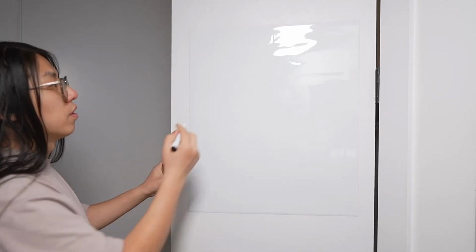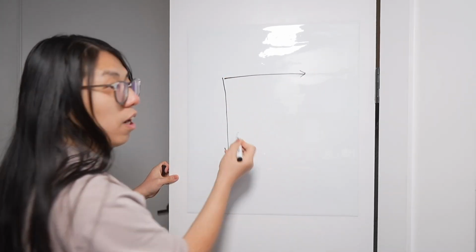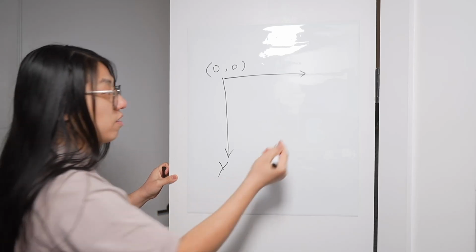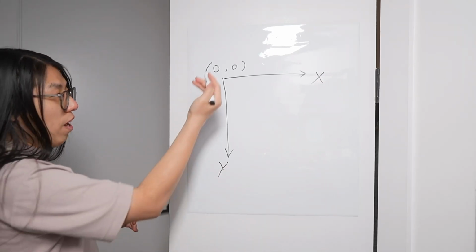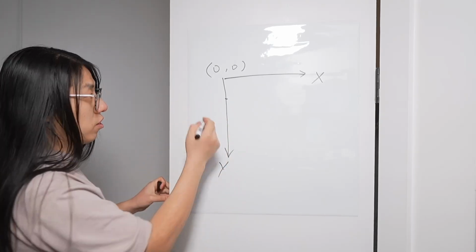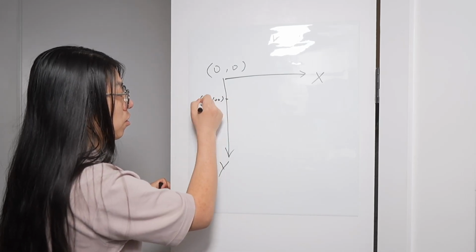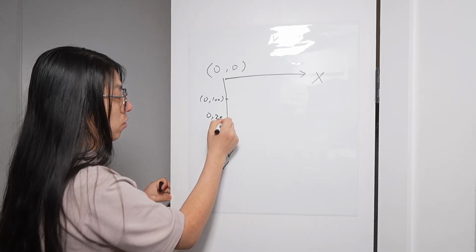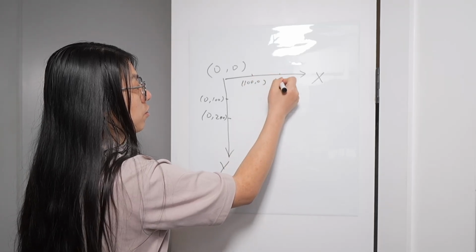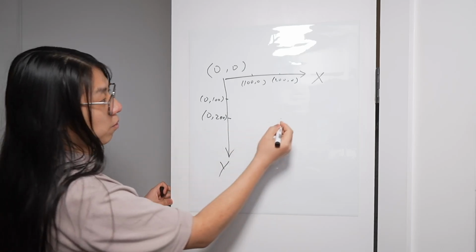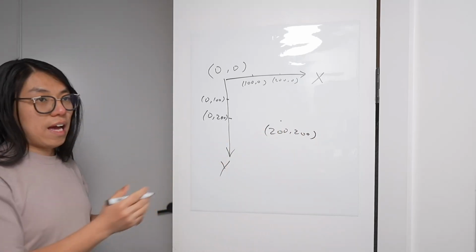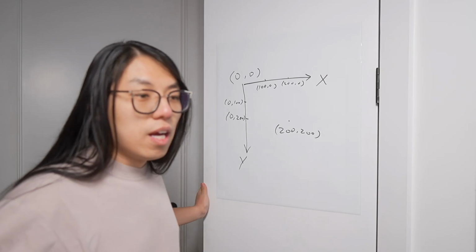I'm going to draw on my whiteboard. So it looks like so. On the very top left, it's 0, 0. Vertically, this is the y-axis. Horizontally, that's the x-axis. As you move things down, let's say to this point, the y value increases. So that is roughly 0, 100. And over here, this is going to be 0, 200. Similarly, over here, that is going to be 100, 0, and 200, 0. And if you want to put something over here, that is going to be 200, 200. So that's what the coordinate system looks like. Let's get back to the